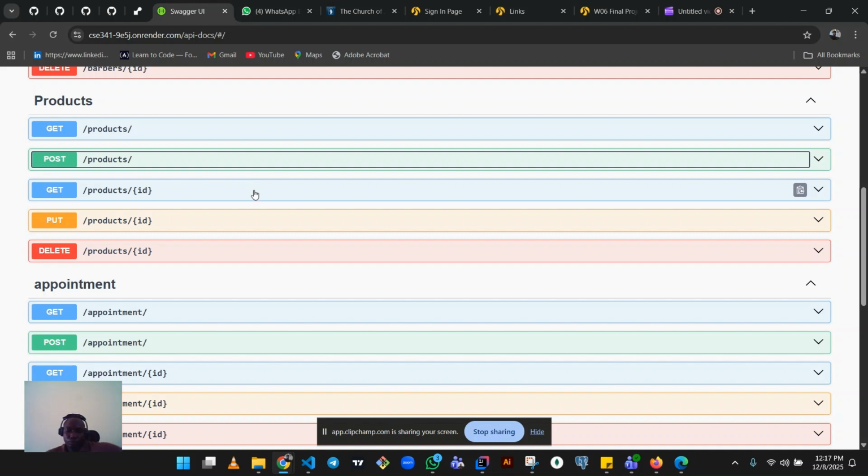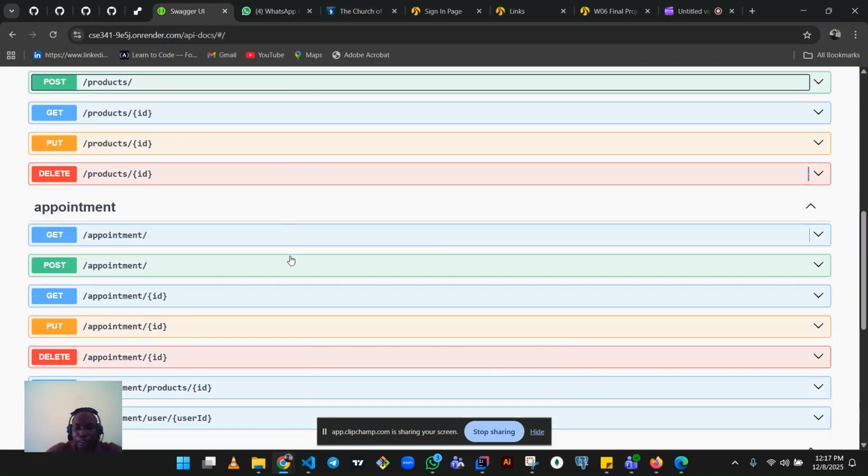Then I also developed and ran unit tests for all public read routes for both new services, like under the appointment section, and as well